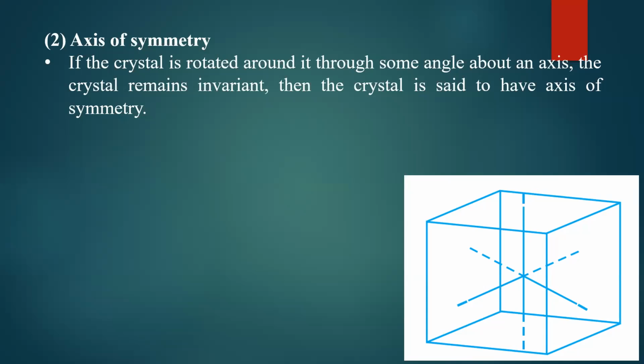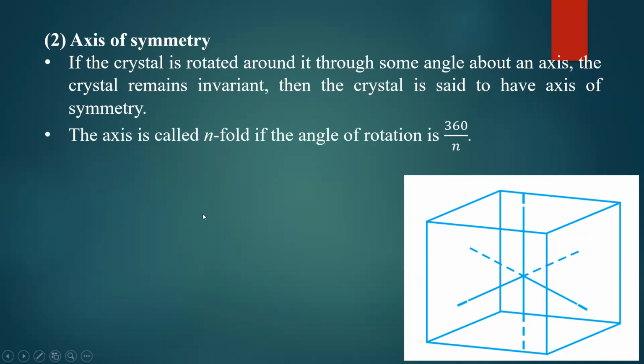So if you rotate the crystal or unit cell with respect to a certain axis, you have studied moment of inertia, where you have studied the rotation of a body with respect to a certain axis. If you take this cube and rotate it so that this axis is fixed, then you can rotate this cube by 90 degrees. That will give you the identical structure. If this gives you the identical structure after 360 by n angle of rotation, then the axis is said to have n-fold symmetry.